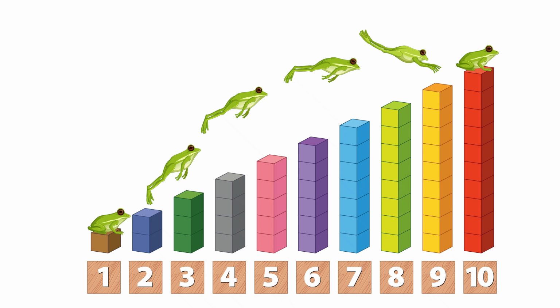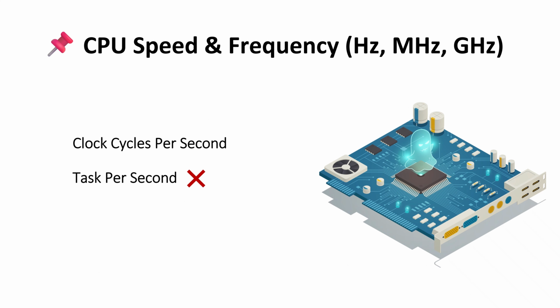The smallest unit used to measure processing speed is hertz. What does it mean? Hertz represent how many clock cycles per second a processor can perform. Now, it does not mean how many tasks a CPU can do per second. A single task can require multiple clock cycles to finish. So basically, hertz tells us how fast the CPU is ticking, not how many works or tasks it can finish